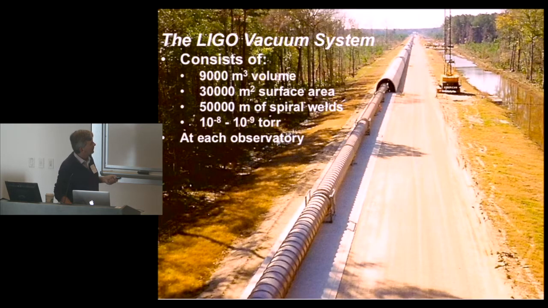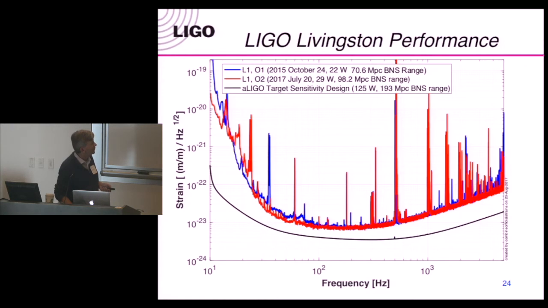Okay. Finally, the vacuum system, which doesn't seem like it's important, but it turns out to be really important. It consists of almost 10,000 cubic meters, 30,000 square meters of surface area. So this is the tube. It's about 1.2 meters wide and about 4 kilometers long. It's welded together, and it has a vacuum of about 1 billionth of an atmosphere, at each observatory. And these things actually leak, and finding leaks in them is no easy thing to do, but we managed to do it. All right, so you put it all together, and I'm going to run out of time here,